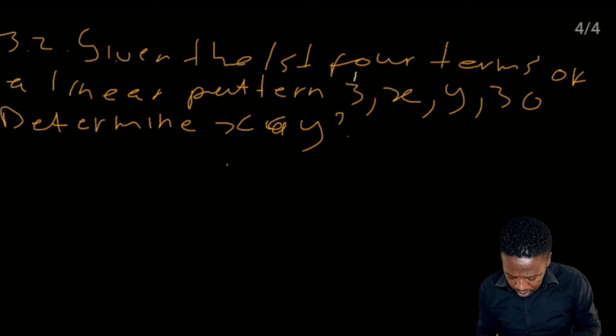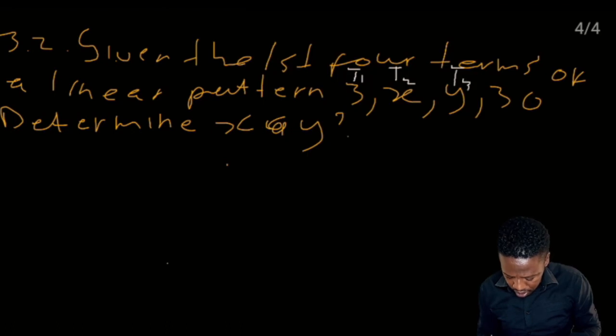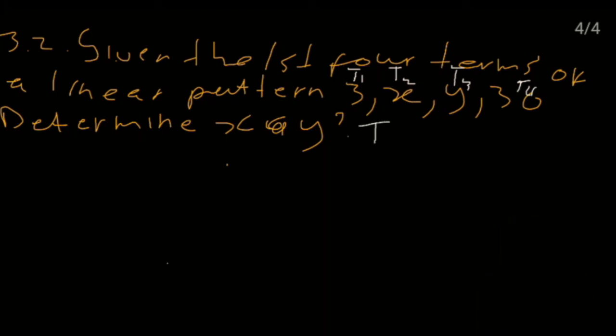I'm going to go ahead and say this is T1, this is T2, this is T3, and this is T4. And we know for the first difference we should have a constant